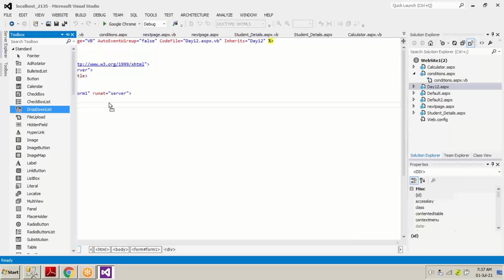And the drop down list also, by clicking on drop down list and going to its property at the bottom right, bottom